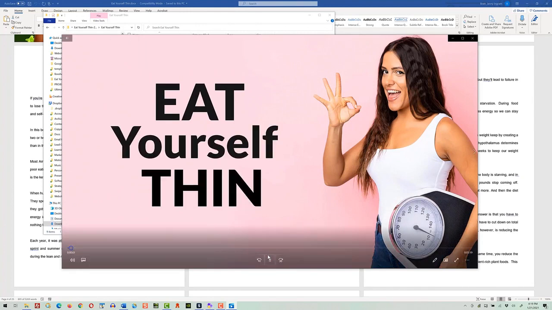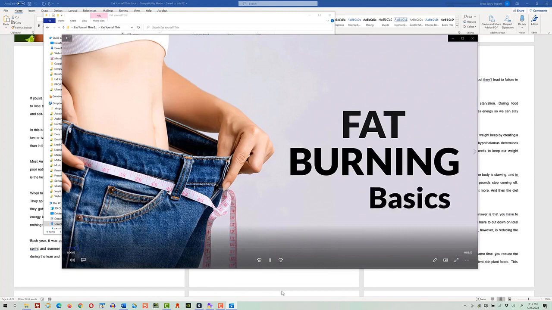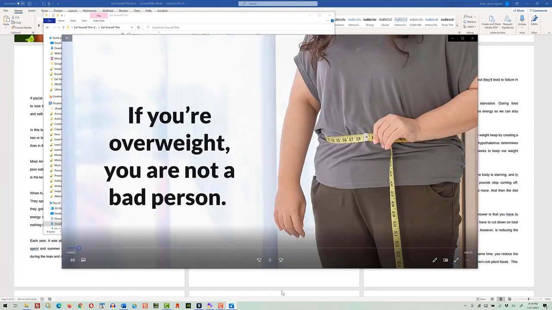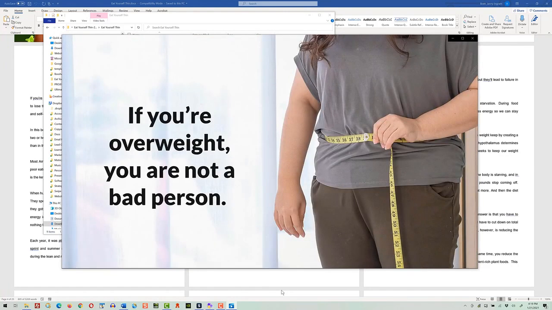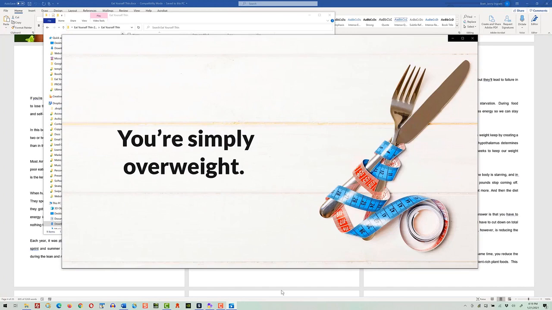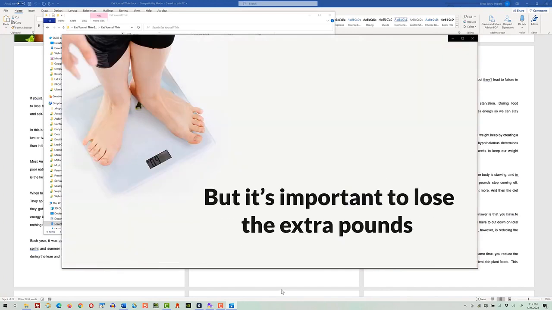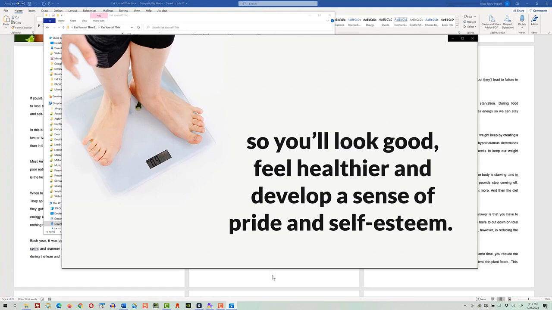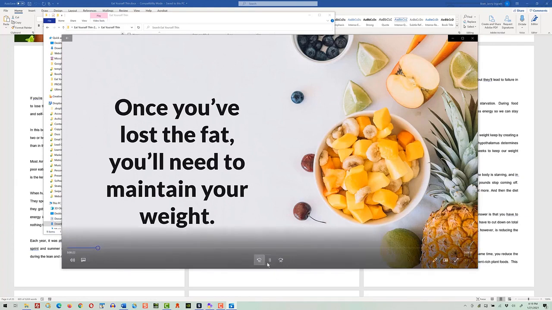Eat yourself thin. Metabolic stimulation secrets. Fat burning basics. If you're overweight, you are not a bad person. You're simply overweight. But it's important to lose the extra pounds, so you'll look good, feel healthier, and develop a sense of pride and self-esteem. Once you've lost the fat, you'll need